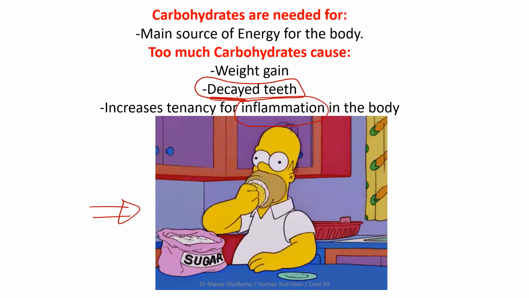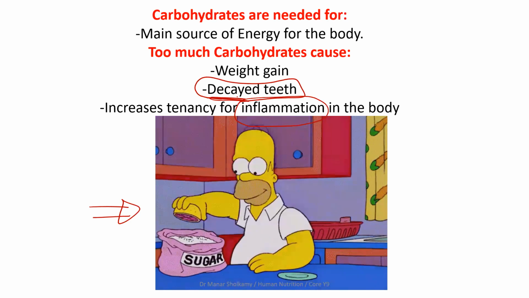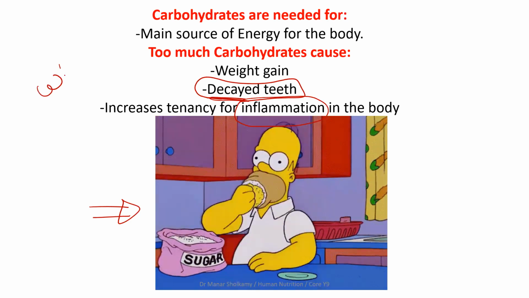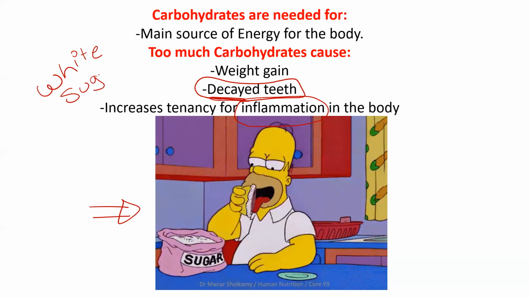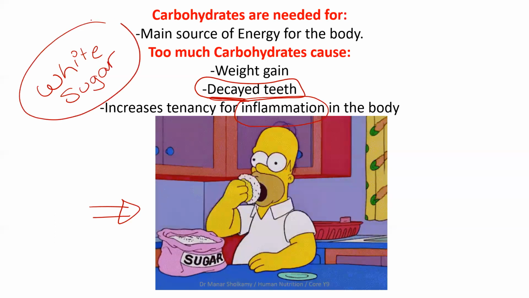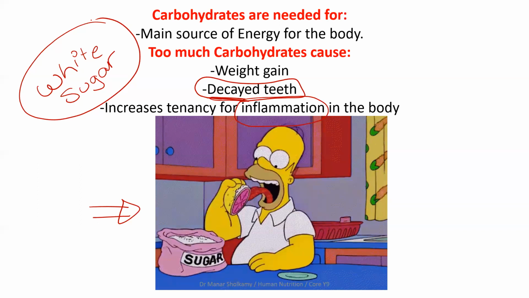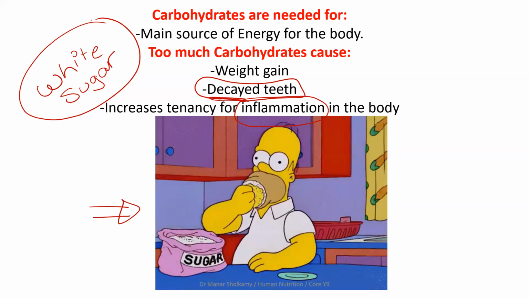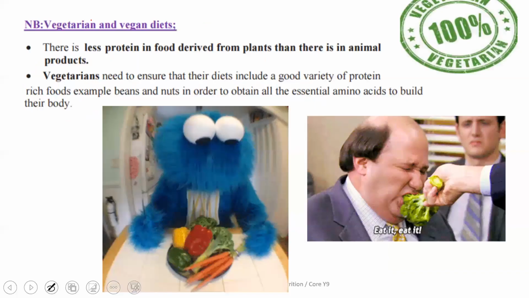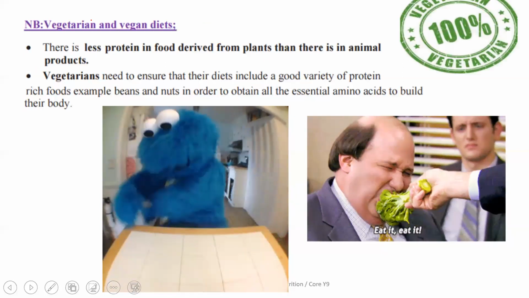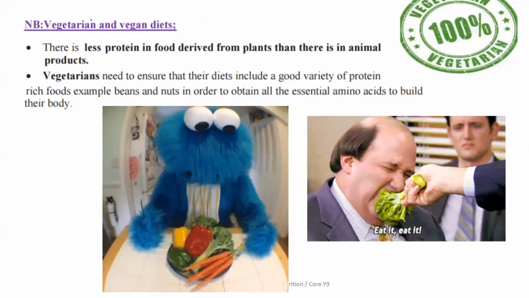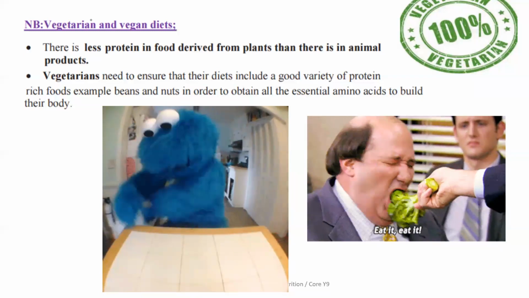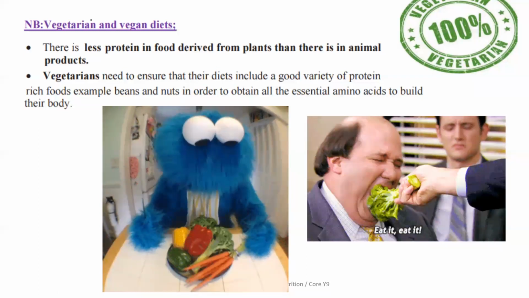Sugar is never good. Sugar is important, of course, for energy, but this is just an advice for you: try to avoid white sugar. Take your sugar from pasta, from carbohydrates, from fruits, from vegetables, because white sugar causes lots of inflammation, diabetes, and decayed teeth. What about brown sugar? It's the same. Maybe it's a little bit less harmful, but both are refined sugar.